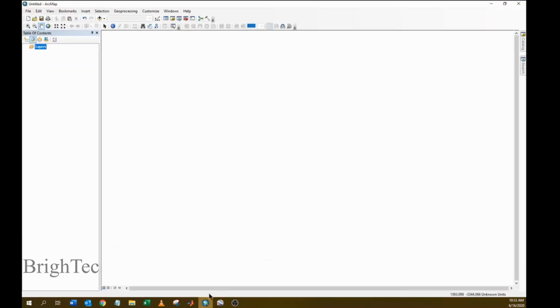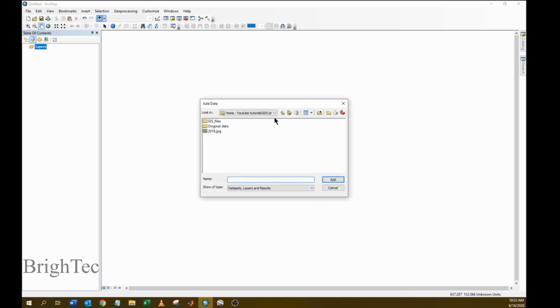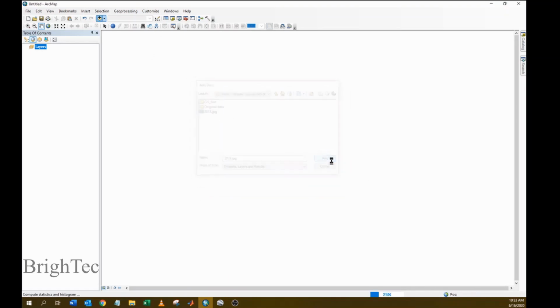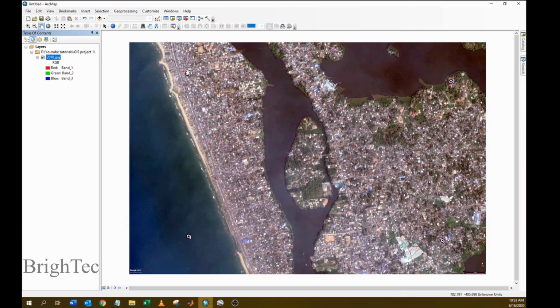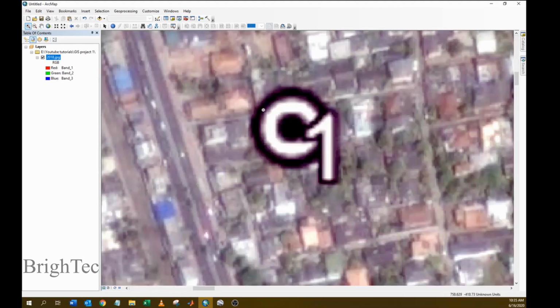I will go to ArcMap and import my image. It will warn you that it doesn't have a spatial reference, and that is exactly why we have to georeference it. Now this is my image and I can see the control points. Now I have to add the coordinate information to these control points. And zoom into the control point. And to start georeferencing, you need a toolbar. To get the toolbar,